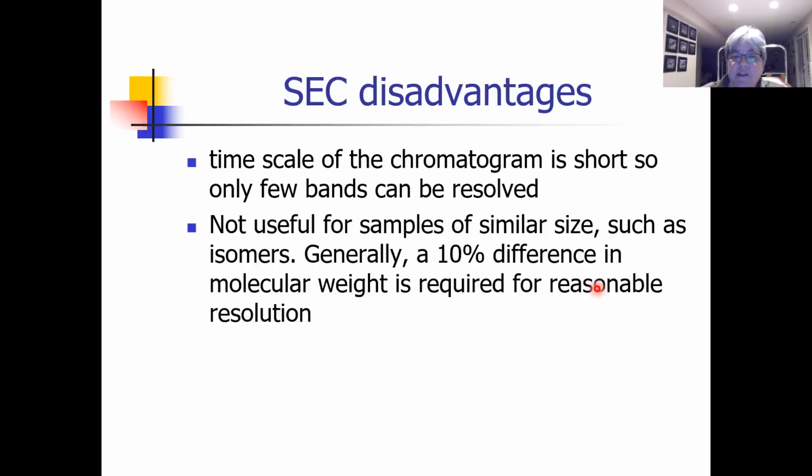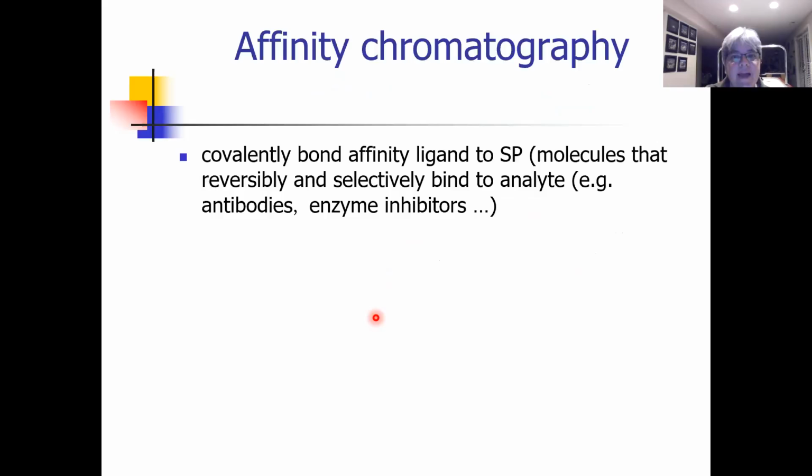The other disadvantage is you have to have at least 10% difference between your sample sizes to separate things. So it can't, for instance, do isomers because most isomers have the same molecular weight. So you need a 10% difference between different solutes to separate them. Okay, so size exclusion. All right, lastly,